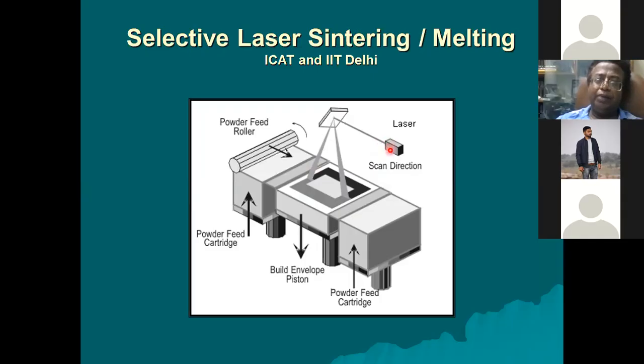In a very similar manner, the laser will come from the top, and there is a mirror. Once again, this is a rotating mirror. It is a galvano mirror. It will deflect the laser spot on the surface of this powder. Here the powder particles will fuse together. In the beginning, these particles are separate, but when the laser is applied, they will fuse together and join. In this picture, this is the portion where the laser spot has moved. So this has become solid. In all other portions where the laser has not gone, it is still powder.